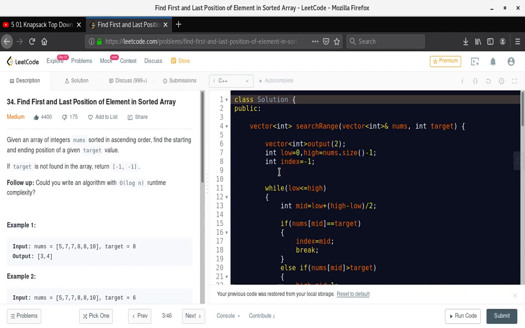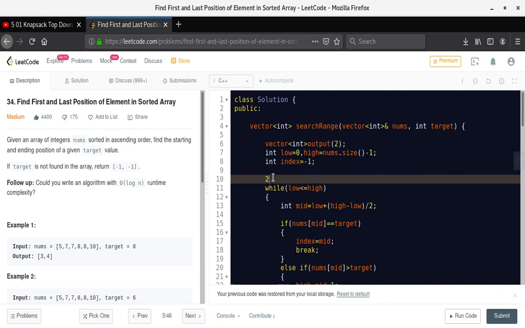Suppose we have the array 2, 4, 6, 8, 8, 8 and 9, right? So we make a for loop here till the first occurrence of 8.